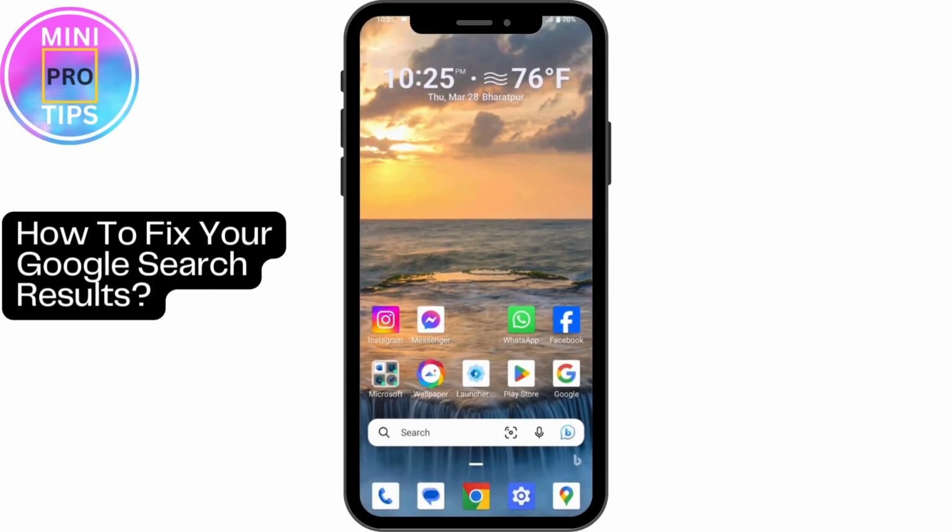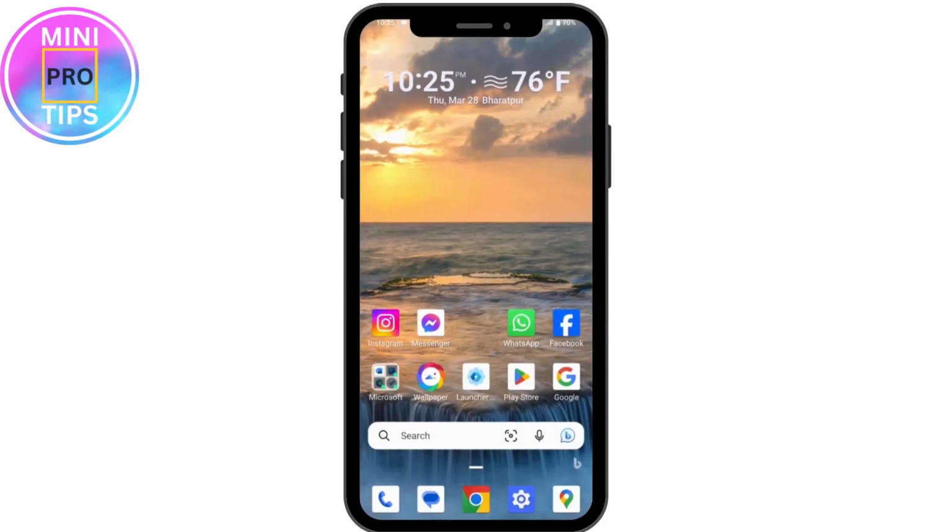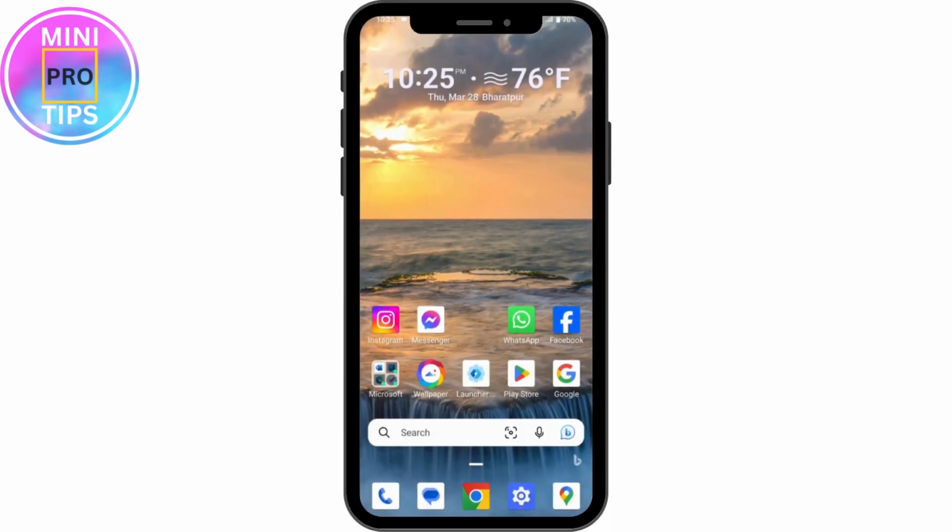How to fix your Google search results. So if you're searching something on Google and you're facing a problem with Google search, then what you can do is first open up your settings